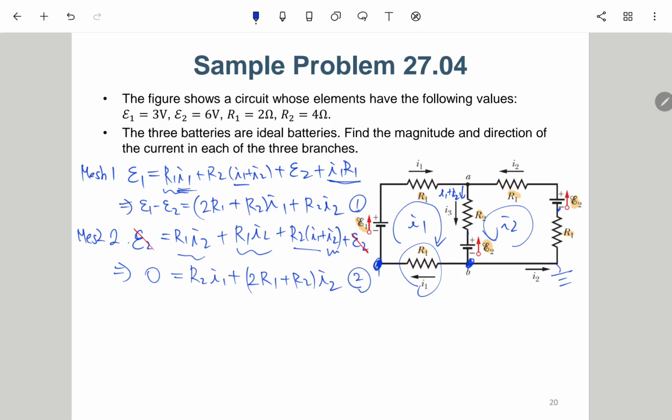Okay, so this is the second equation. So we have two equations with two unknowns, and then we can also substitute the values. E1 minus E2 is 3 minus 6 equals R2 is 4, 4 times 2 times 2 plus 4 I1, and then plus 4 I2. And then for the second one,